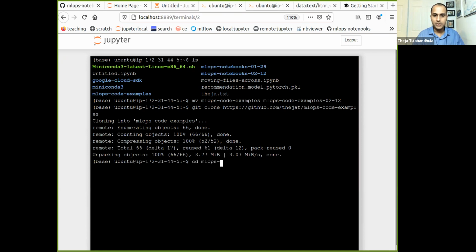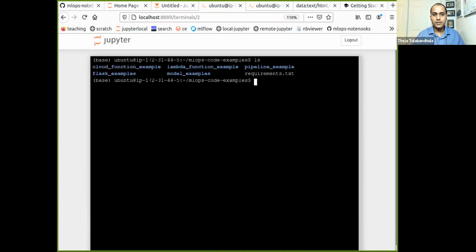So let me go to MLOps code examples. Here you'll see that I've done a little bit of rearrangement of the files. Previously, it used to be a bunch of files all at the same level. So Flask examples are all in the Flask directory. In fact, we can pick up a Flask script from Flask examples and create a Docker image which uses that Flask thing. There's also the model to create the model pickle file, or equivalent to a pickle file. That's also here. And the Lambda function and Cloud function, if you want to try them out offline. We have seen this in previous sessions, but if you want to try it out, these are the example functions.